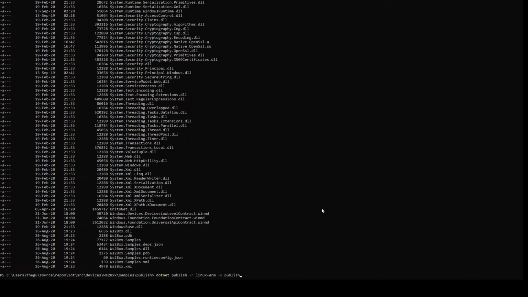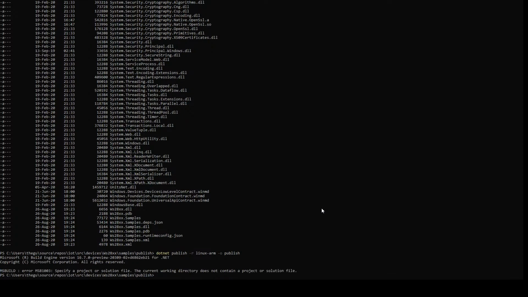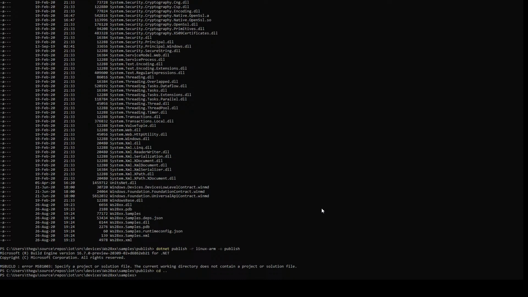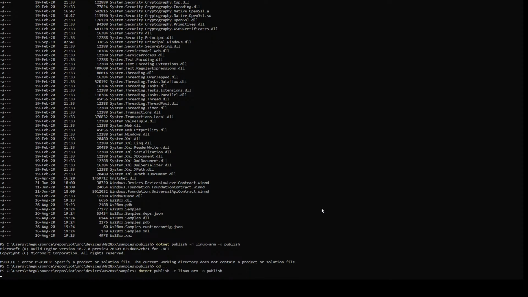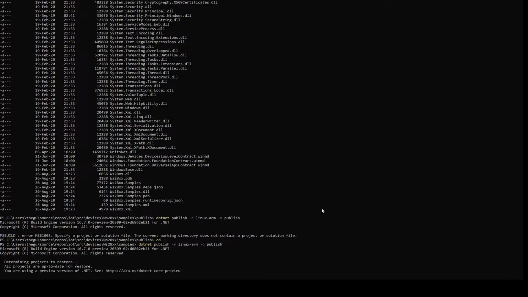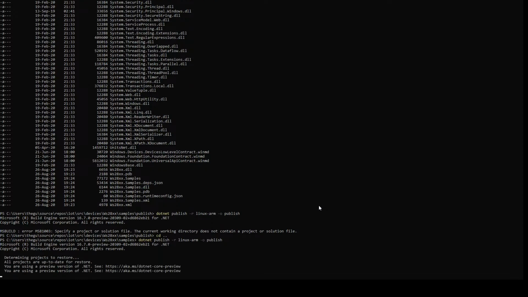The command is dotnet publish, and then we tell it runtime linux-arm, and give it an output folder of publish, let that run. Oh, duh. All right, be in the correct directory first, and then run publish. Once all the files are published,